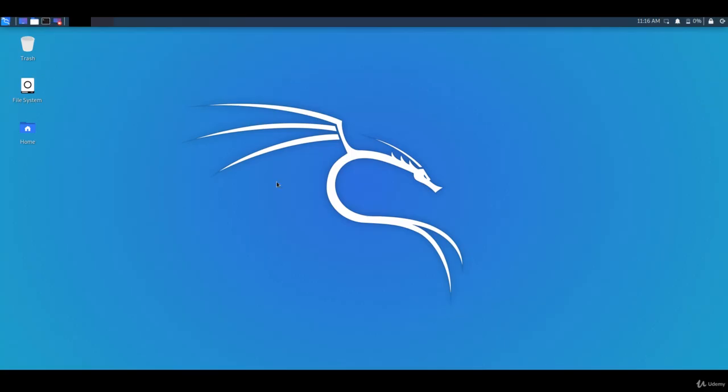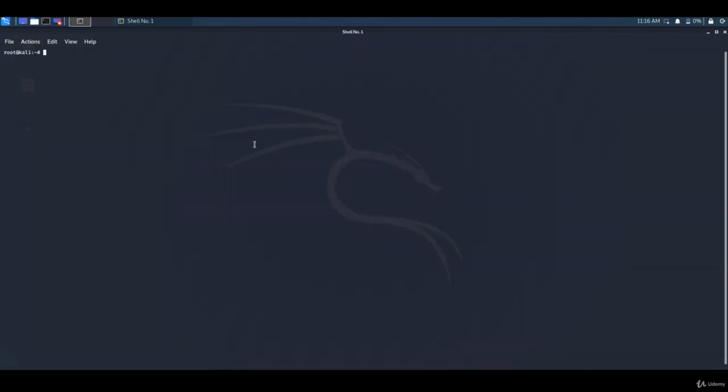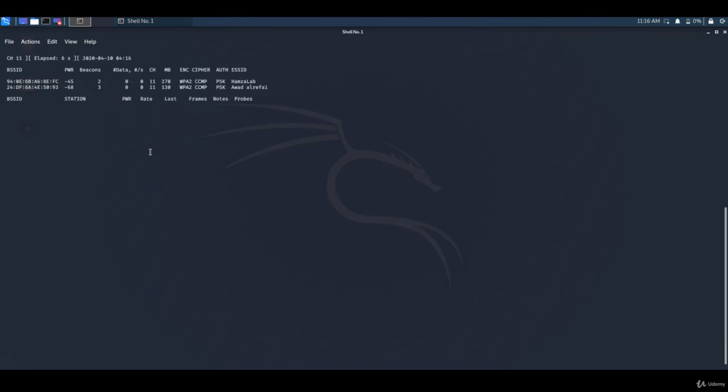So if we go to Kali Linux again, we'll make sure our wireless adapter is working in monitor mode. Okay, it's working in monitor mode. So let's run airodump-ng as usual for our interface. Okay, this is the network I'm planning to hack. I'll press Ctrl C. Hamza Lab,